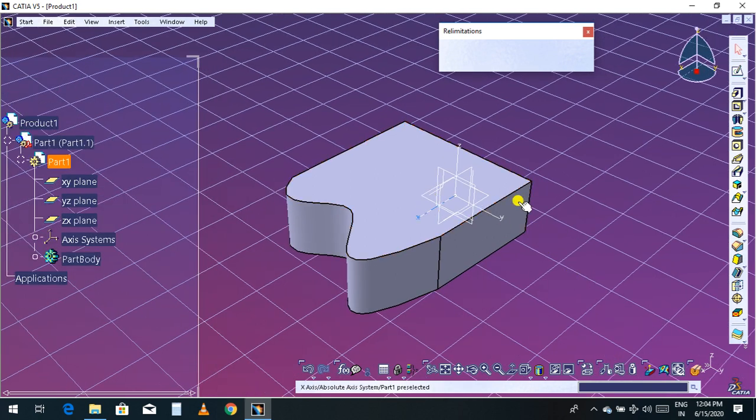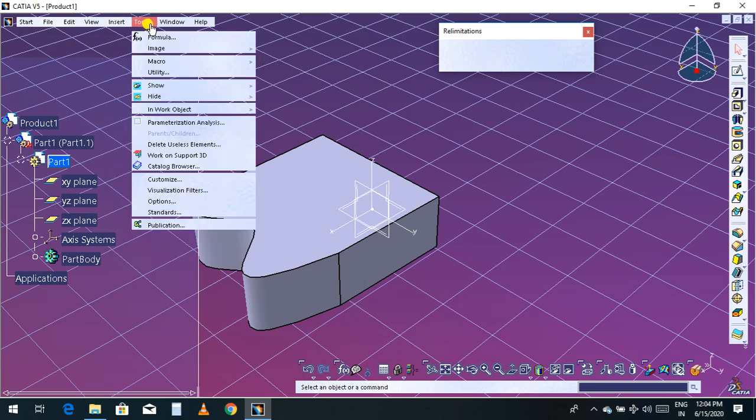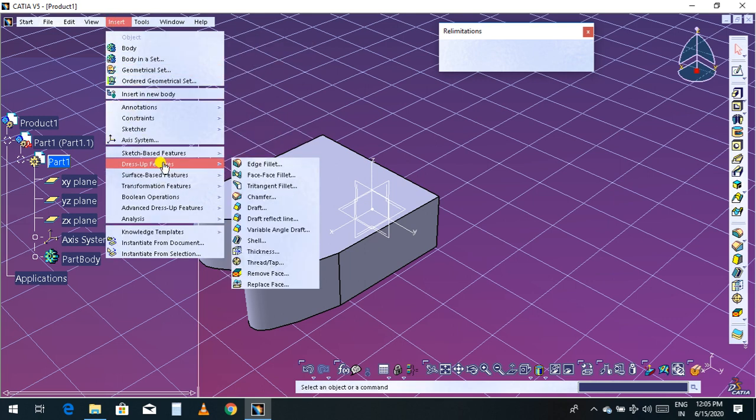In this part I am going to use the scale. So now you can go to tools, then insert, and you will find a scaling feature.